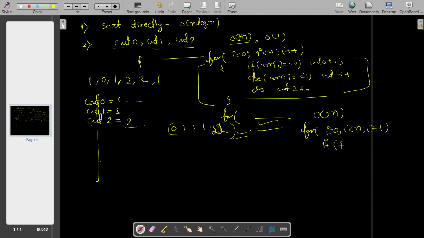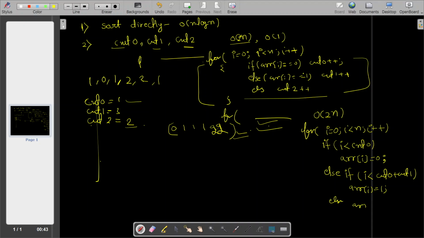So if i is less than count 0, AR of i is 0. Okay, else if i is less than count 0 plus count 1, then you can replace it with AR of i equal to 1,